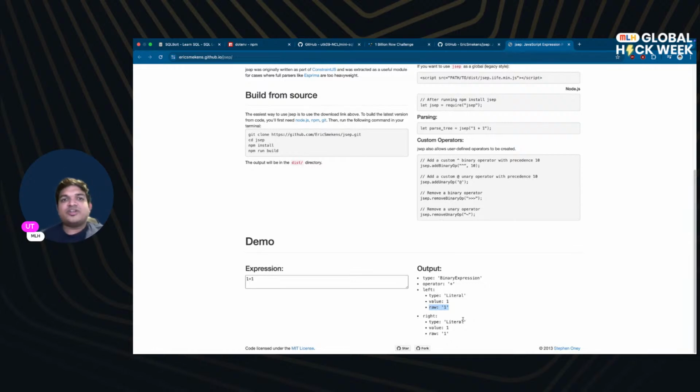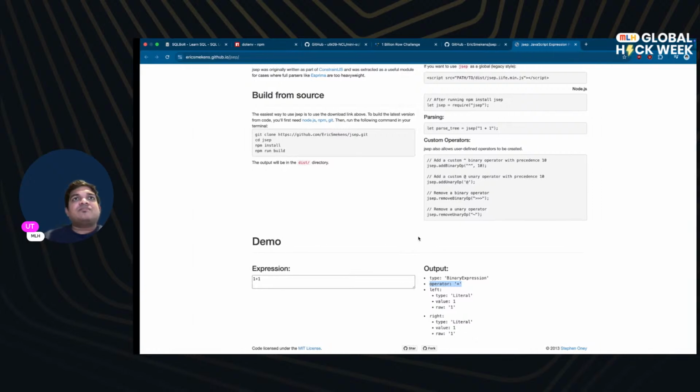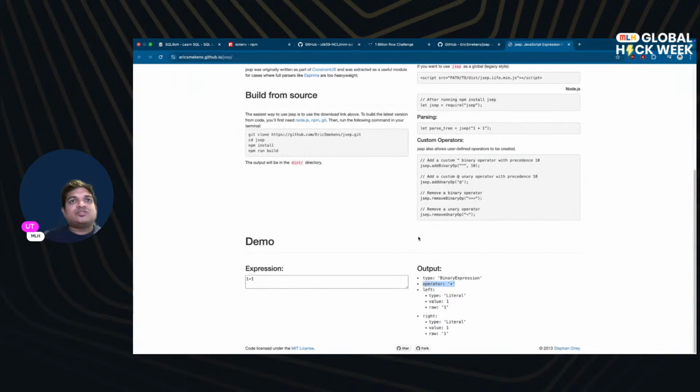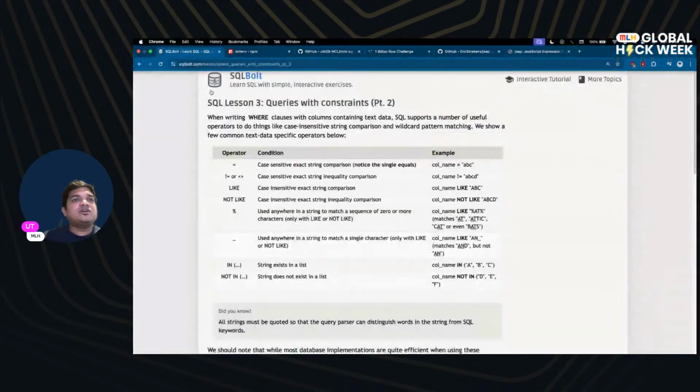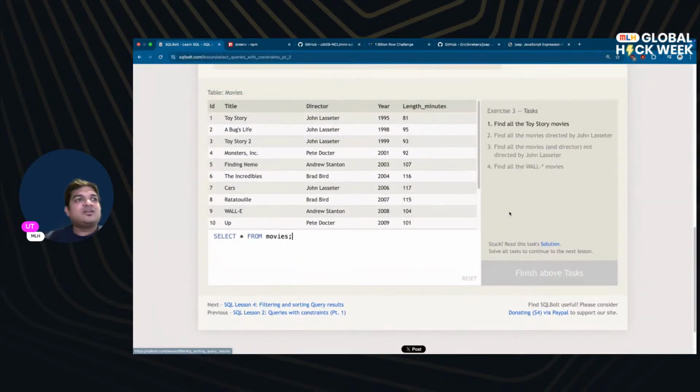Now based on this output, you can create some switch case statements or if else statements, that if it is type binary expression and the operator is greater than or equal to, then do something. Where would we use this? Specifically inside the where clause, which we actually saw yesterday, right? When we were doing the where clause,